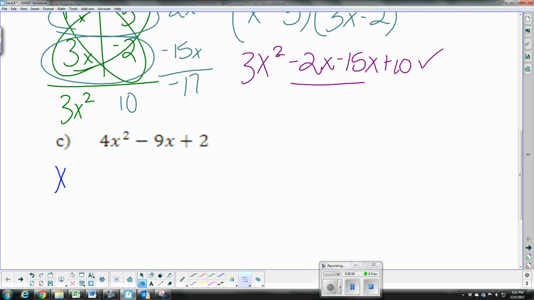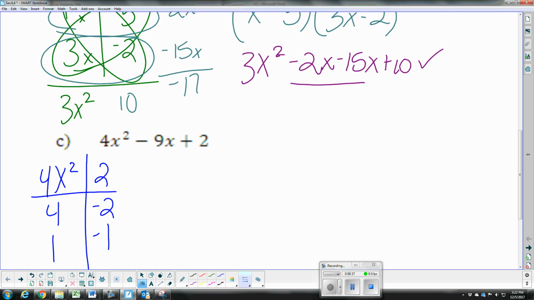So I've got my two terms, my A term and my C term, and I'm going to factor those. And I want them to add up to negative 9. So again, I'm going to make sure that I have two negative numbers that are my factors of positive 2. All right, so I'm going to use 4 and 1 for 4 instead of 2 and 2 because I'm just trying to think ahead and look for patterns,